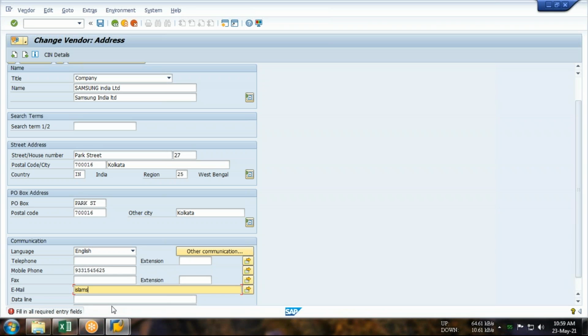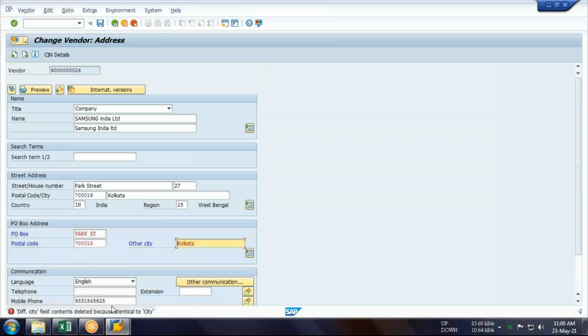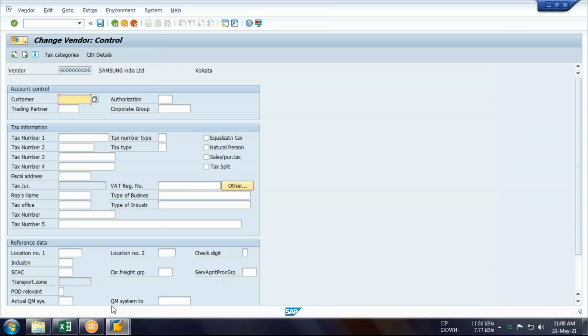While I'm entering, I need to maintain this communication detail. That time it was optional, but I don't know how it has become compulsory now. Okay, next.